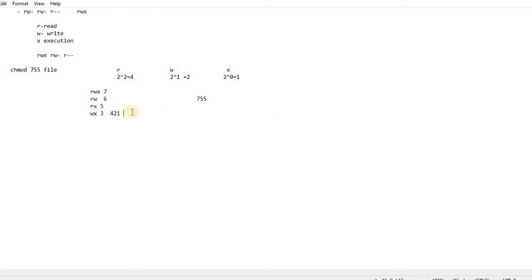Within one shot, for one user, either the current user, or one of the users from the group, or others, you have to give it this way. 7 is for the current user, meaning read, write, execute, and 5 is for other users in the group, meaning read and execute. This 5 is also for others who are out of the group, so that is also RX.